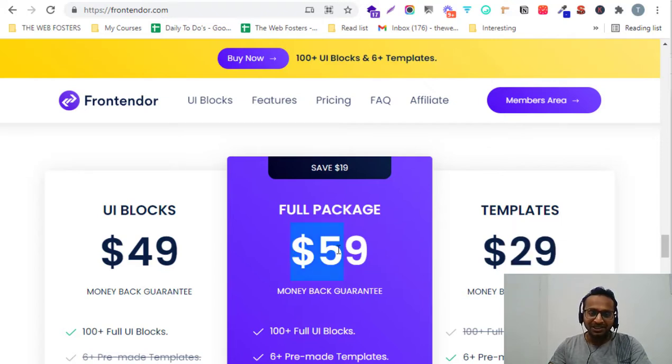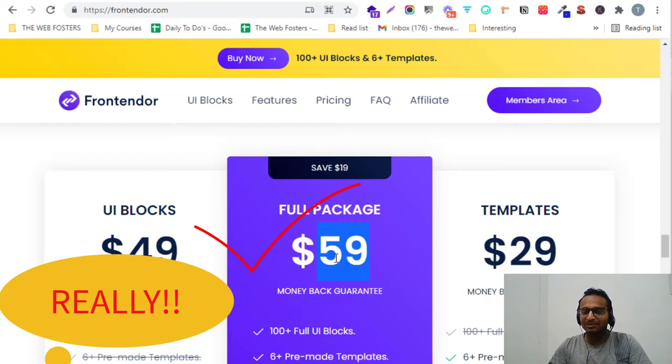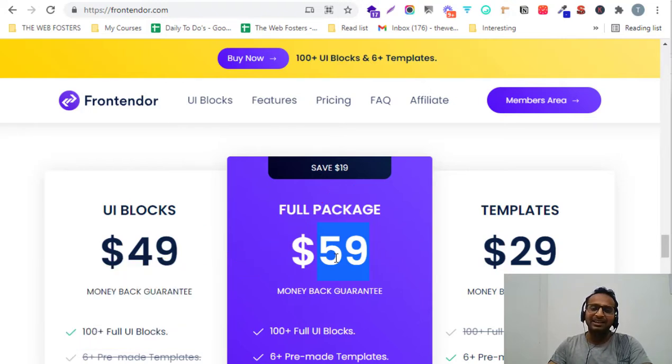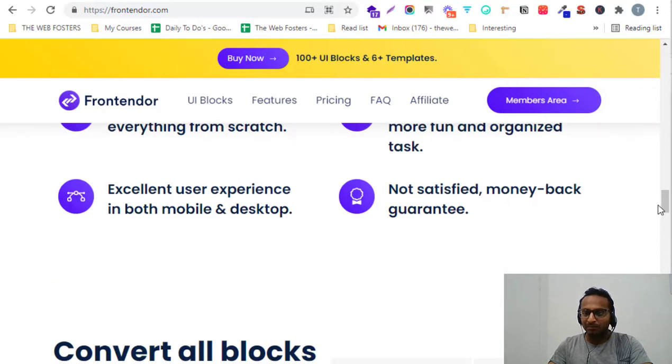I have purchased this full package which is $59, and I have earned maybe 10 times of this investment by creating landing pages for my clients.